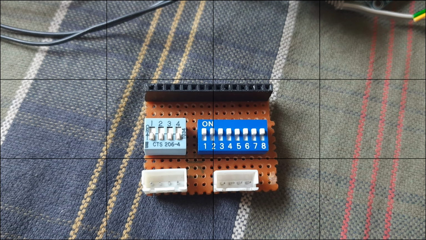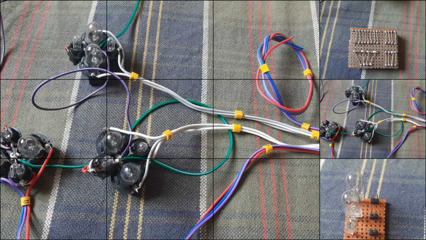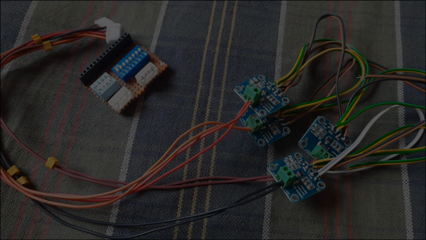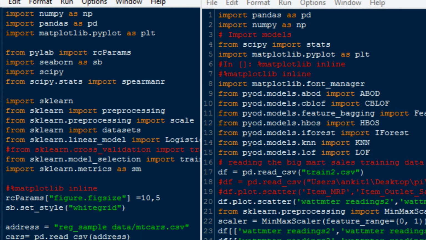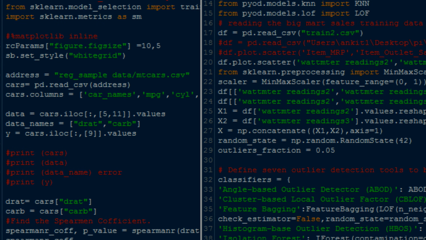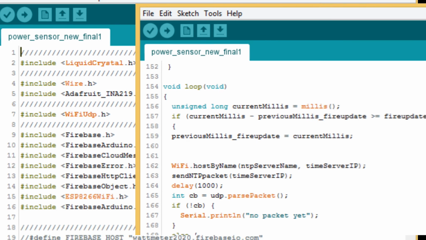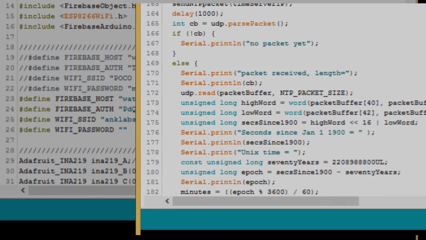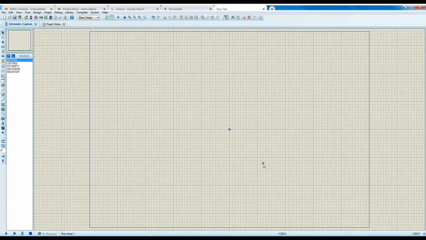I'm currently working on this project. It's my final year project. I'm doing all the hardware and software part for Raspberry Pi. I'm doing programming in Python. And for NodeMCU, I'm using Arduino IDE. Sorry, I went off topic. Well, I will share the details about my project later in another video.